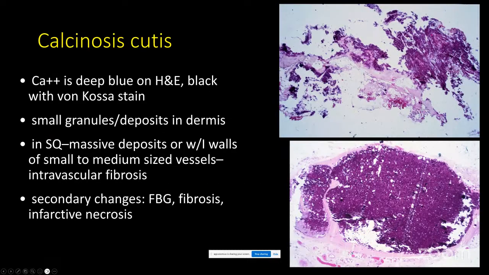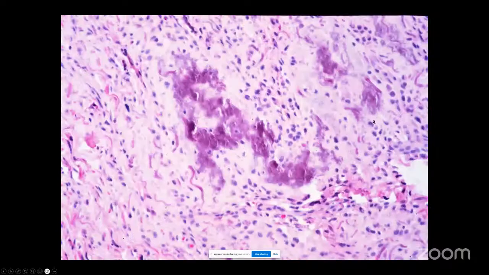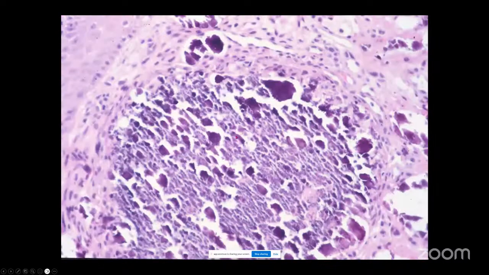So you see this really deep basophilic material deposit. I think a lot of us can easily recognize this. It could be in vessel walls, it can be just massive deposits, tumoral calcinosis, and then you can see fibrosis and multinucleated giant cells around the edge. Here, dystrophic calcification due to chronic fibrosing material or process with calcium deposition. Sometimes it will be granular. If you just imagine some of these, sometimes it'll be hard to decide if it's calcium or bacteria. So you can do a von Kossa stain to help